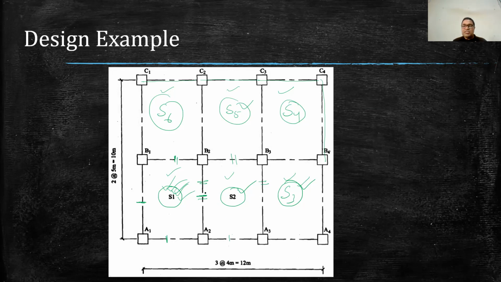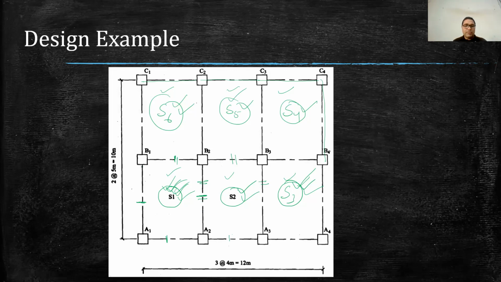So this is our case, and you can see if I design slab S1, then slabs S6, S4 and S3 will be designed automatically, because all the reinforcement detailing that we calculate for S1 will be the same for slab panels S6, S4 and S3. Similarly, the reinforcement that we design for panel S2 will be similar to panel S5. So basically there are two types of slab that we are going to design. I hope now this problem is understood.